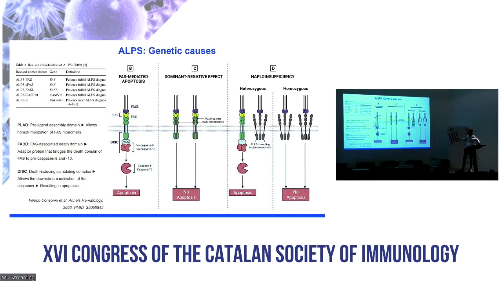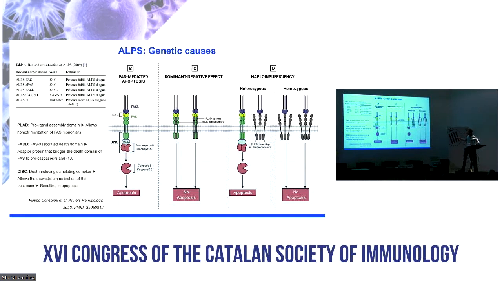Here you can see FAS is a member of the tumor necrosis factor superfamily, like TACI or BAFF receptor, as Andrea showed us before, and acts using homotrimers, and these homotrimers interact with FAS ligand and then form this DISC that initiates the caspase activation and apoptosis. So most of the patients display germline heterozygous mutations in FAS, and the majority of these mutations are located in the intracellular part of FAS,